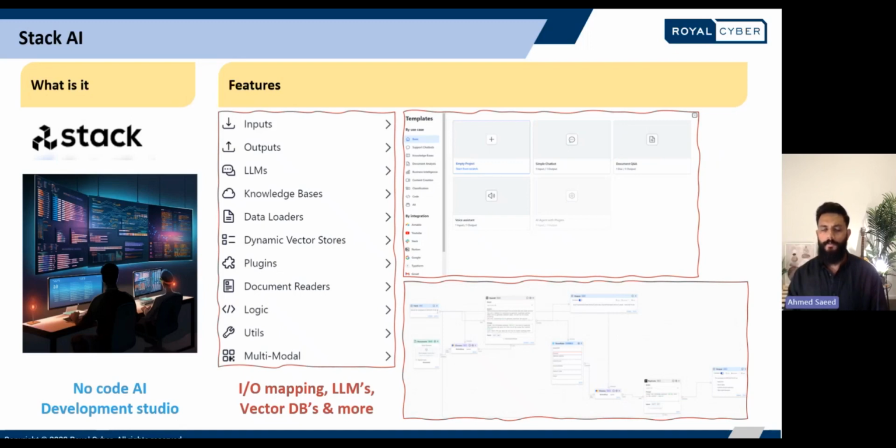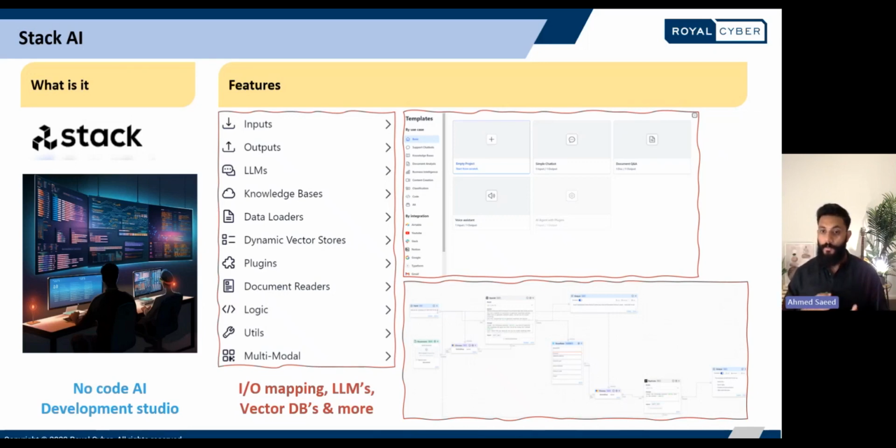There's a couple of things here, so let's unpack that a little bit more. Stack AI is the major component of our stack over here, and Stack AI is a complete, end-to-end no-code AI studio where you can access a range of features through built-in native integrations across the entire pipeline that we just showed before.